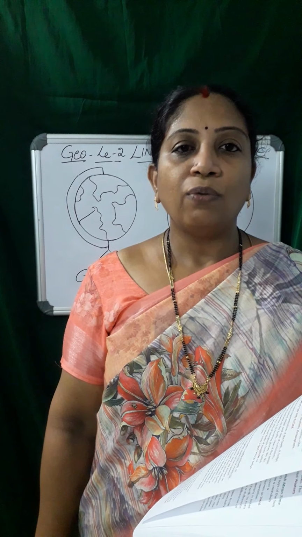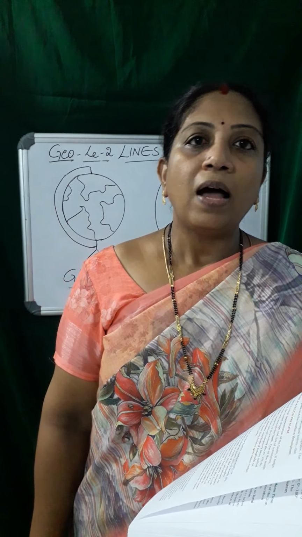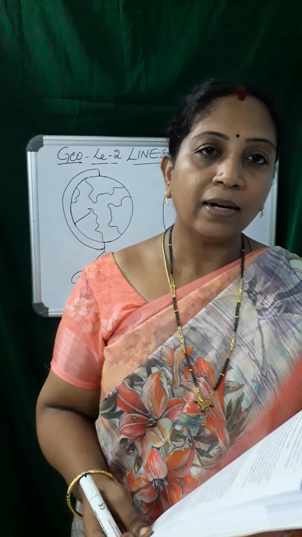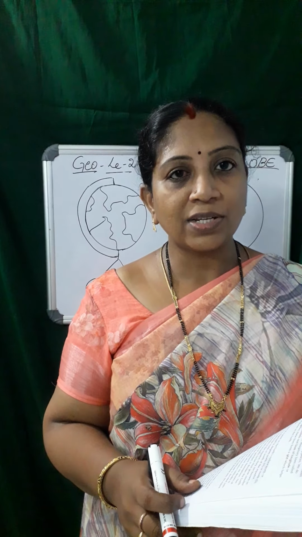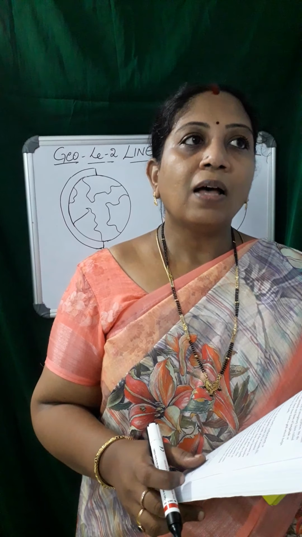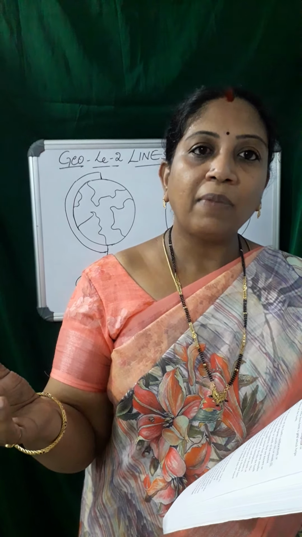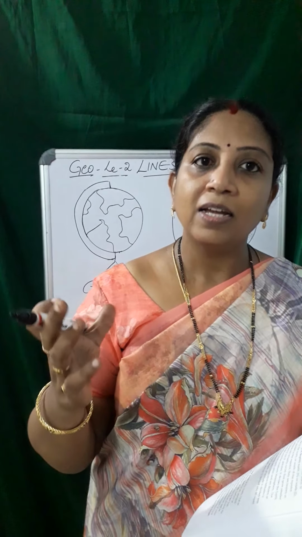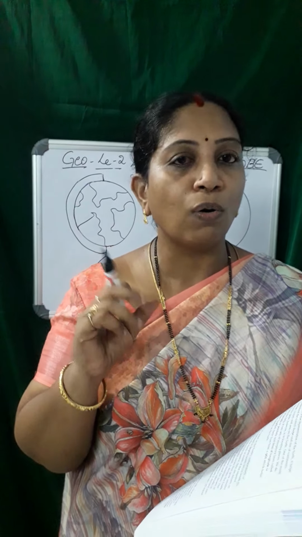Okay, children? Now let us go into the second lesson, that is the lines on the globe. Where do we live? On the earth. How does the earth look like? It looks like a ball, isn't it, children? We cannot go around the earth every time and see places like the oceans or seas or continents or lakes. So great people have made this earth into a small three-dimensional shape. It is nothing but a globe.